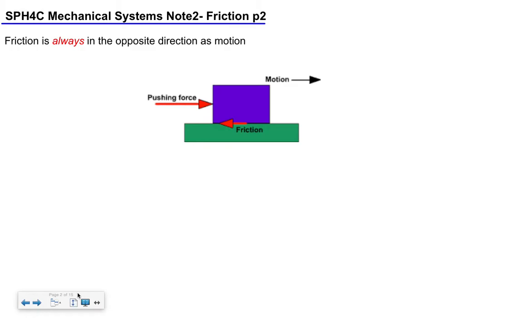Anyway, friction. The main thing about it is that it's always in the opposite direction. So this little picture is supposed to say, here I am forcing something to move, and it's moving this way. Well, if I'm moving this way, the friction is in the opposite direction. It doesn't matter what the net force is or anything. If something's moving west, the friction is east, 100% of the time. If something's moving up, the friction is down.